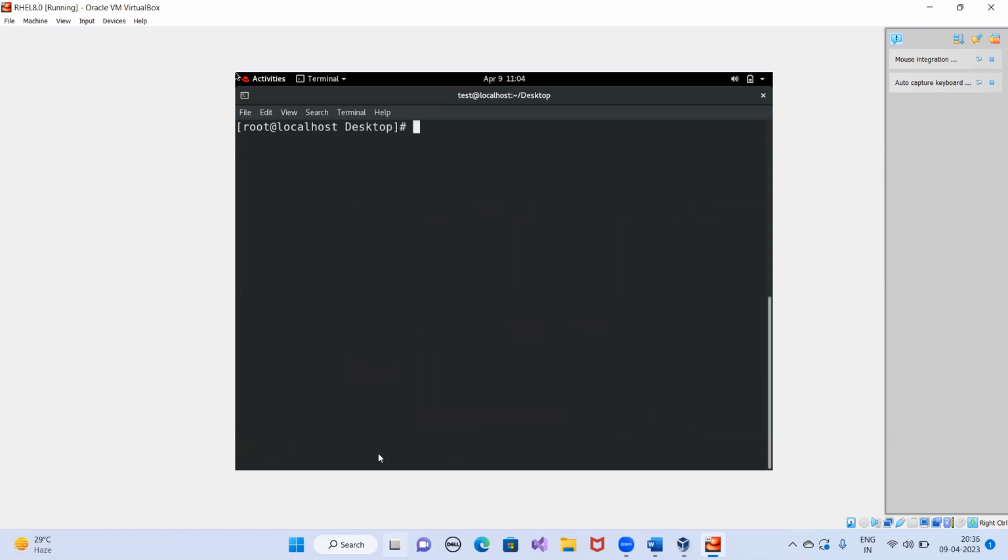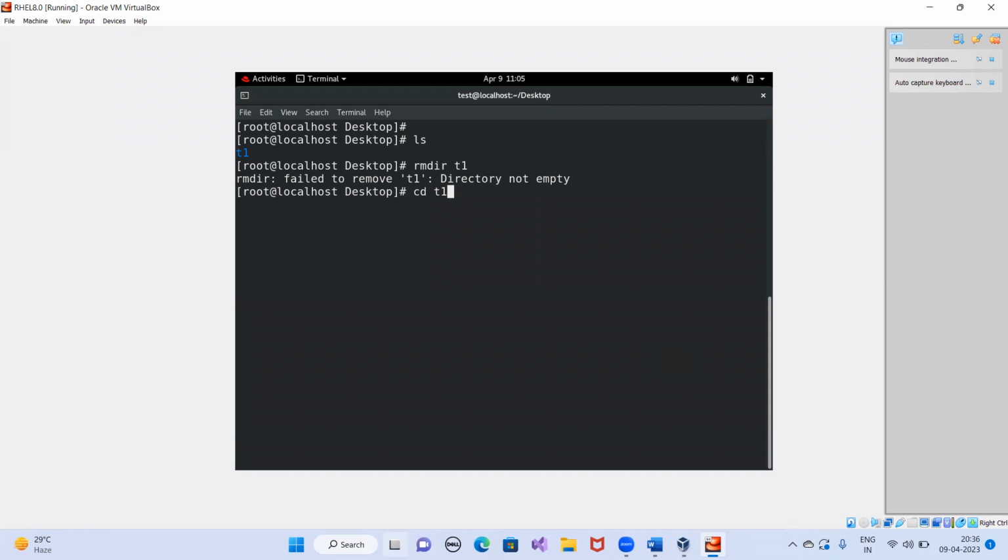Let me clear the screen. So I am in the desktop directory now. If I do ls here, I can see there is a T1 folder. So only T1 is here. Let me delete this one. Okay, it is not empty. Inside this there is maybe another file.